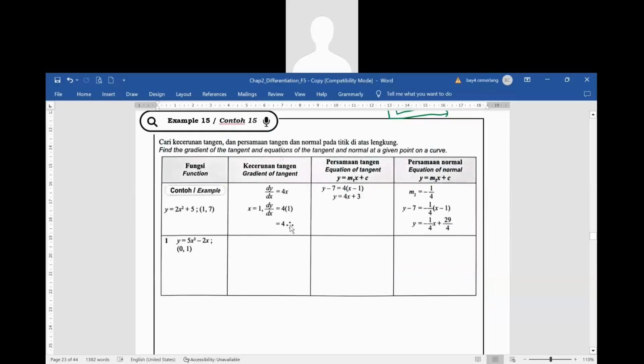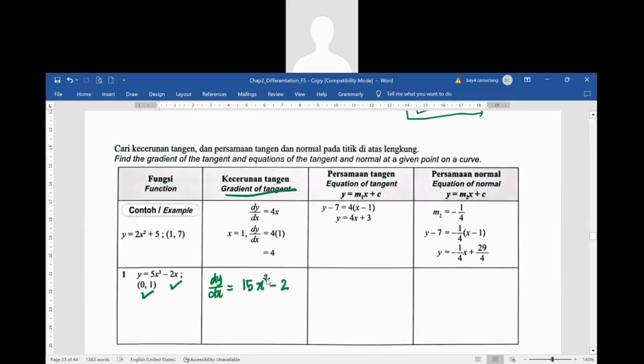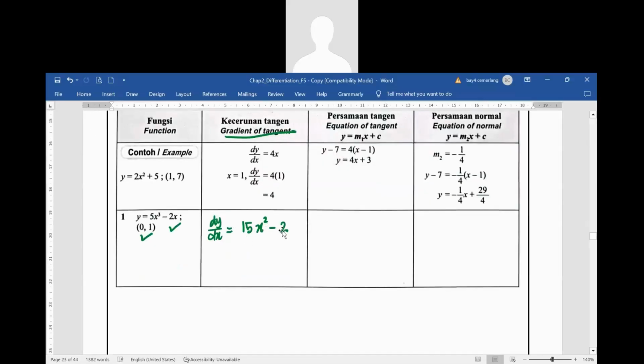Okay, right. So now they give you a function of the curve like this. It is passing through (0, 1). They ask at point (0, 1), so you want to find the gradient of the tangent. Very simple, dy/dx. We get 15x² minus 2. But this is an expression for the gradient of the tangent. The point is (0, 1), so we can only substitute x in the tangent, since there is no y. Substitute x equals 0, then